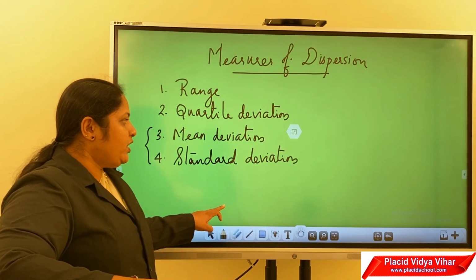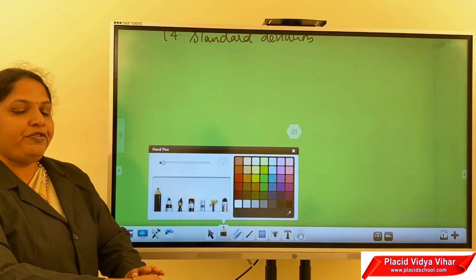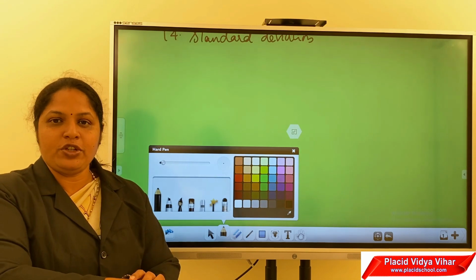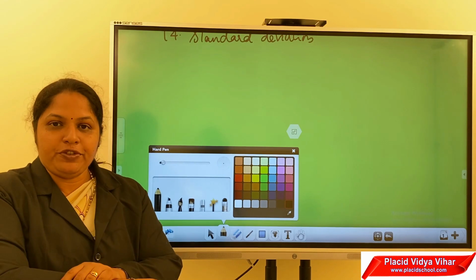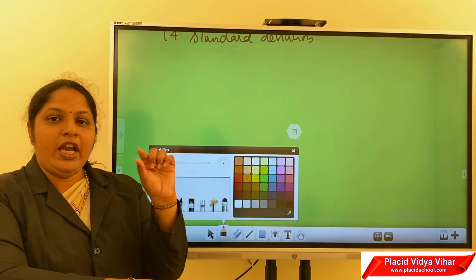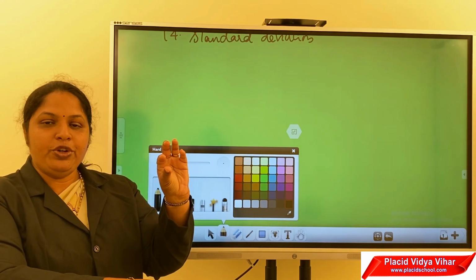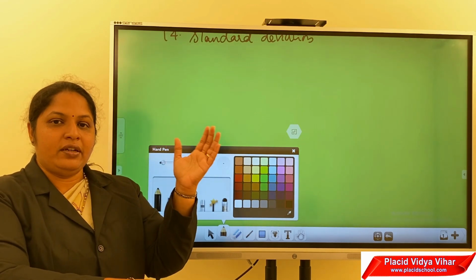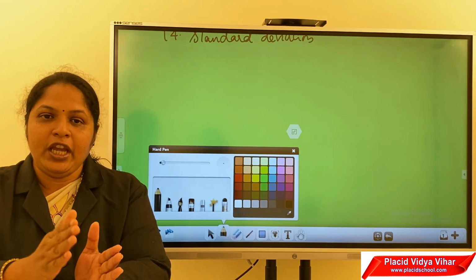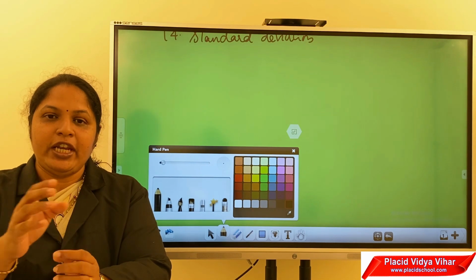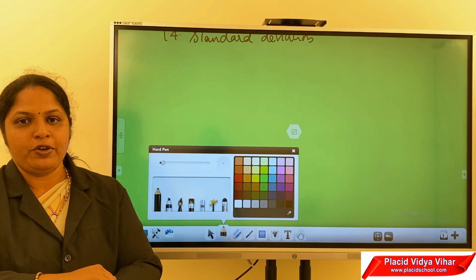First, we will be dealing with mean deviation. What do you mean by mean deviation of a set of observations or a set of data? Mean deviation means, first, if we have a set of data, then we have to take the difference between a central value and each and every observation. That means the difference between every observation and a central value is to be taken. Find its sum, then divide it with the number of observations.